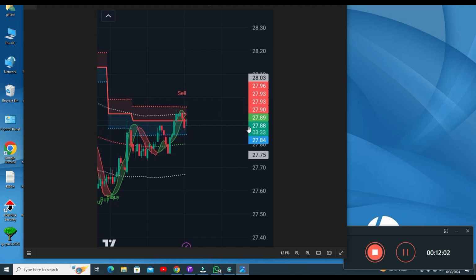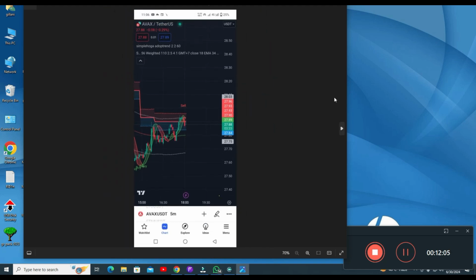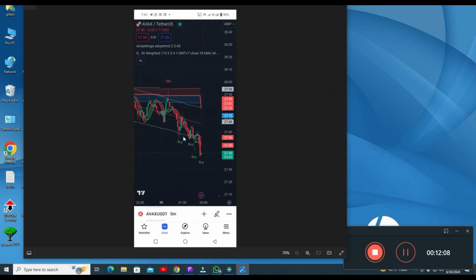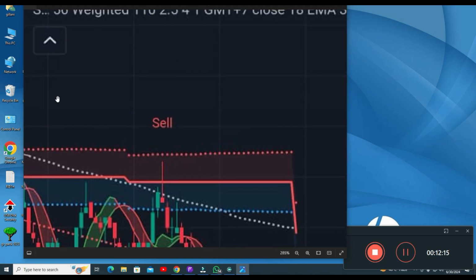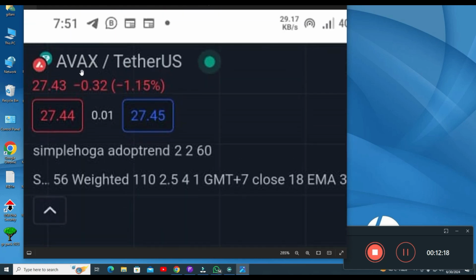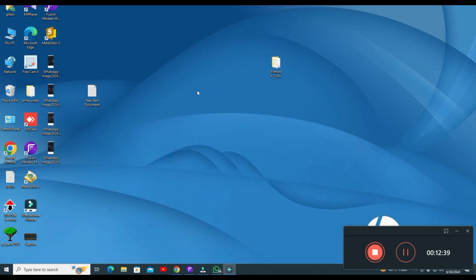Let me show you the trade after it was taken. Now this one, you can see this was your signal, and you got awesome profit. The pair I am using here is AVX. I was trading in crypto last time because yesterday was Saturday and the forex market was not open. I was just showing this to make sure that my indicators are really working awesome.